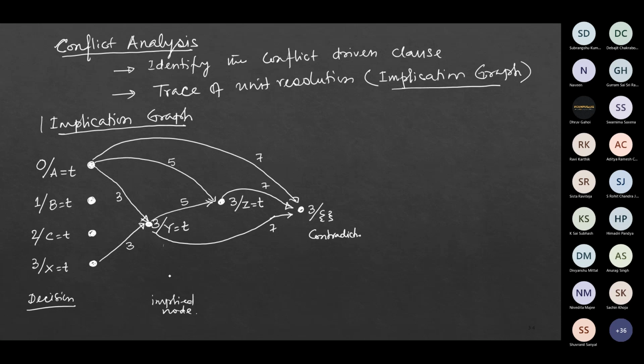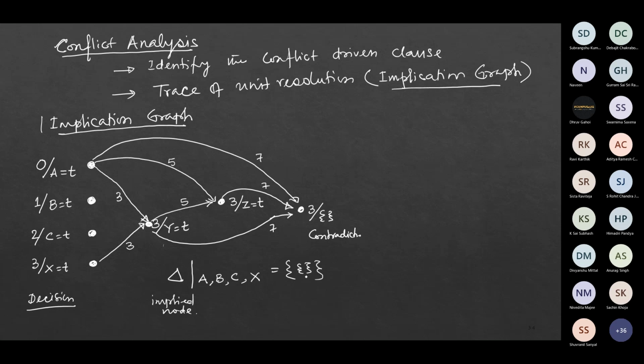And essentially, from the inference perspective, we are performing this conditioning: A equal to true, B equal to true, C equal to true, and X equal to true. And as a result, we are getting a contradiction,